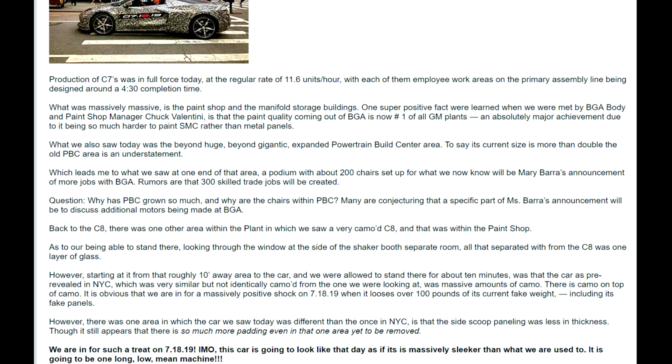And so not only did they notice that, but they also noticed that there were a few panels still on the car that you could tell were going to be removed. And, once they reveal it for real on July 18th. And so basically this is super exciting to me, and it should be super exciting to you, because what that tells us is that, yes, we are seeing a really neatly shaped C8 car here, but with all of that camo taken off, especially the multiple layers, and then